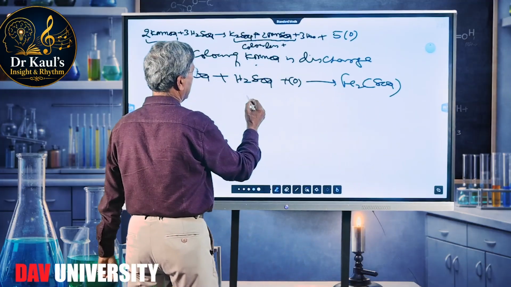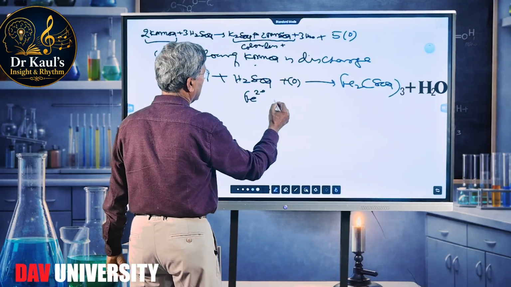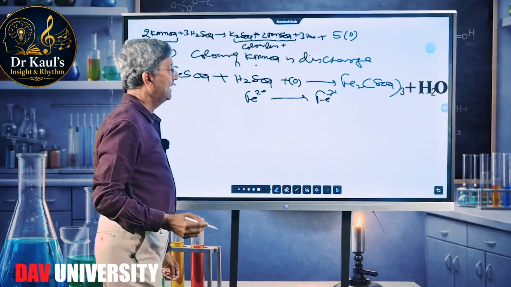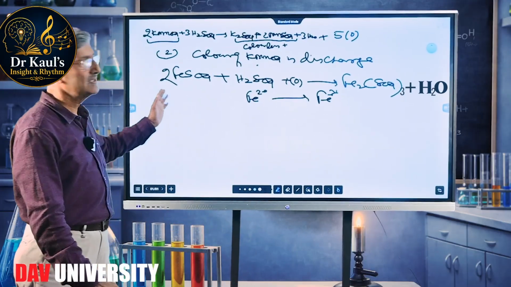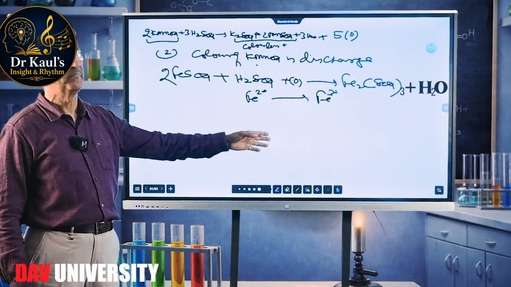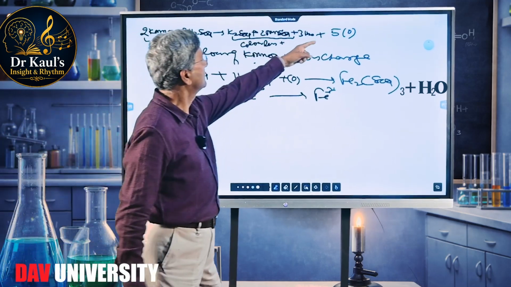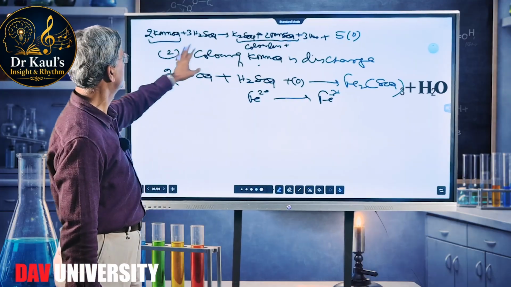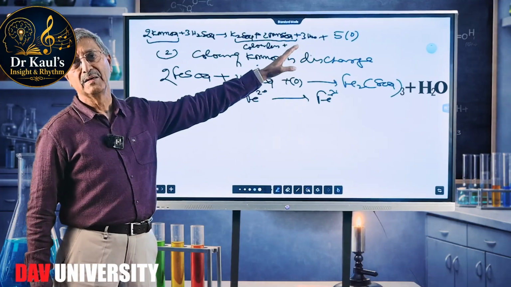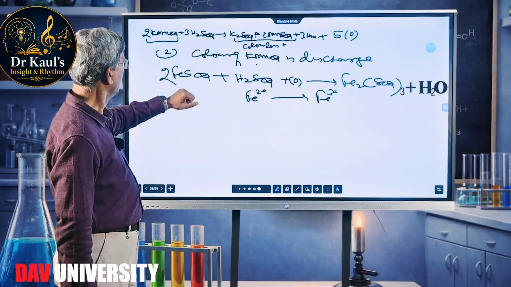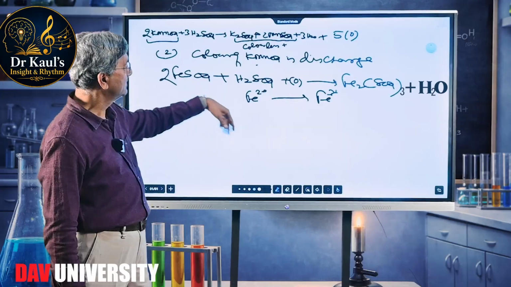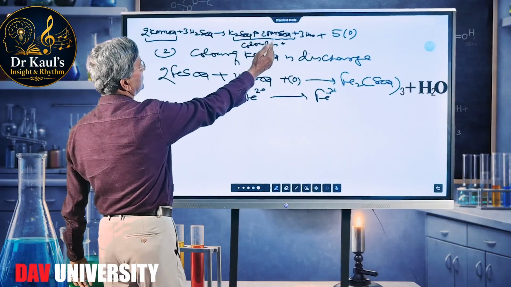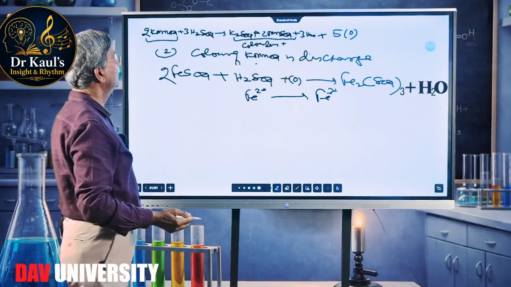In this way, ferrous has been oxidized to ferric. And as I told you earlier, this reaction will be accomplished only if this nascent oxygen is consumed. So nascent oxygen is consumed, which is provided by the acidified potassium permanganate solution, and ferrous ion changes into ferric ion, and this reaction moves in the forward direction,